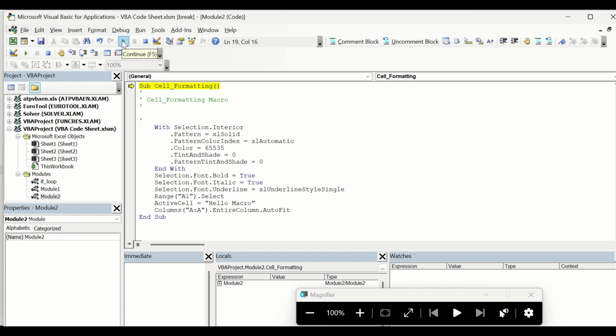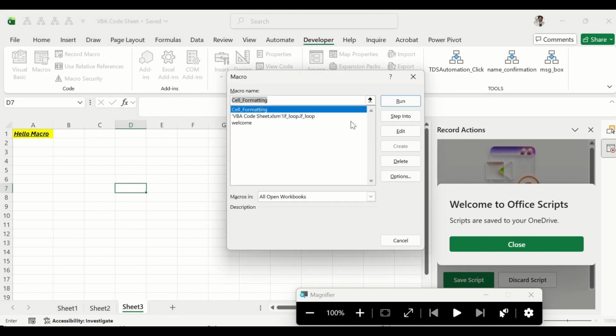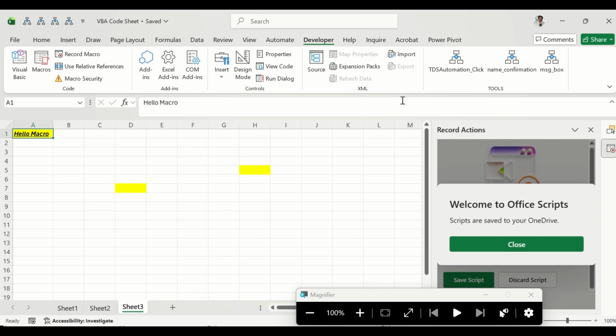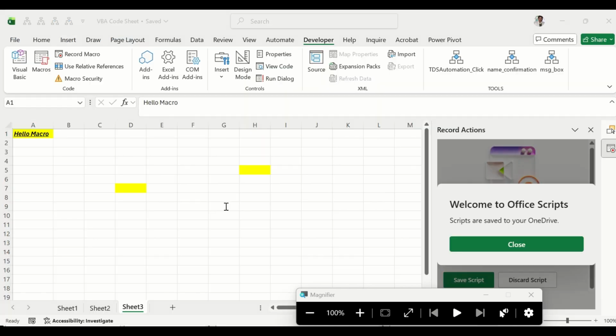Now if we run this, what happened, hello macro is written in the active cell, not A2. Then go to macros, cell formatting and run. Okay, the ActiveCell is equal to hello macro is written there only,